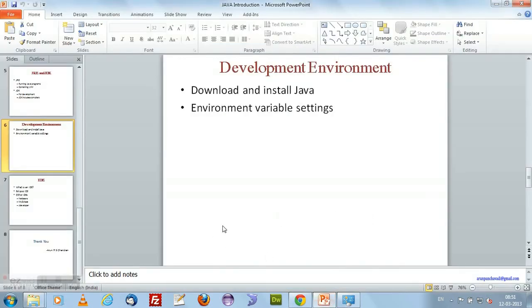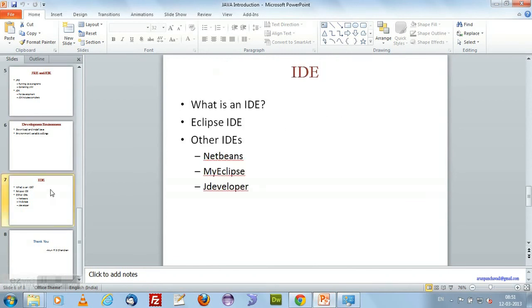now we need to learn about IDEs. What is an IDE? IDEs are integrated development environments. These are software that help us to easily write Java programs or C++ programs or programs in any other programming language. We can write easily using an IDE. So we have some IDEs like Eclipse IDE, NetBeans, MyEclipse, JDeveloper, many IDEs are available, and I like